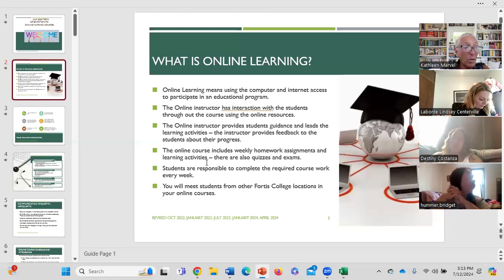We have lots of different campuses. You're going to meet, when you get into your groups and do your group project, which I'll talk about later, students from all different locations. We have Centerville, Columbus, Scranton, Richmond, Norfolk, Cincinnati. We have lots of different campuses in this class, which is great.